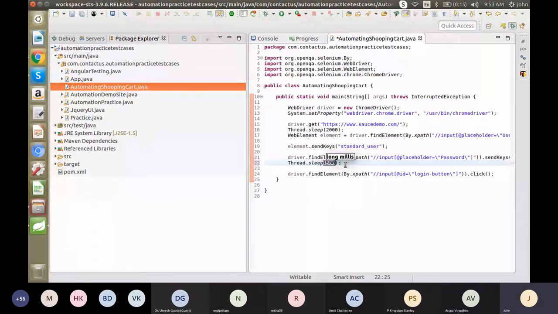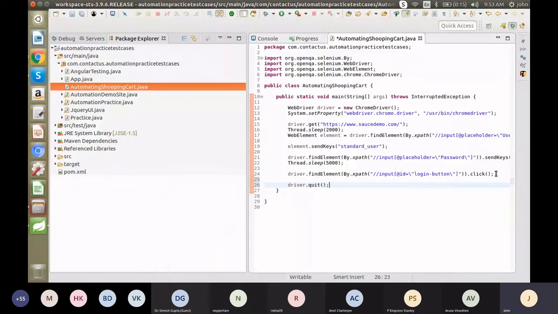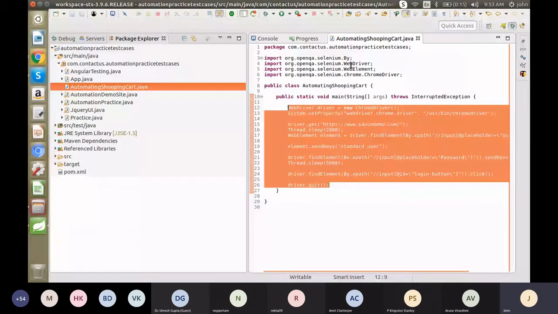Okay, now finally we have to close our browser. For closing the browser, we can use quit or close. Quit will close all the associated browsers. Close will close the current browser window. I will execute these programs, then we'll see how it is working.